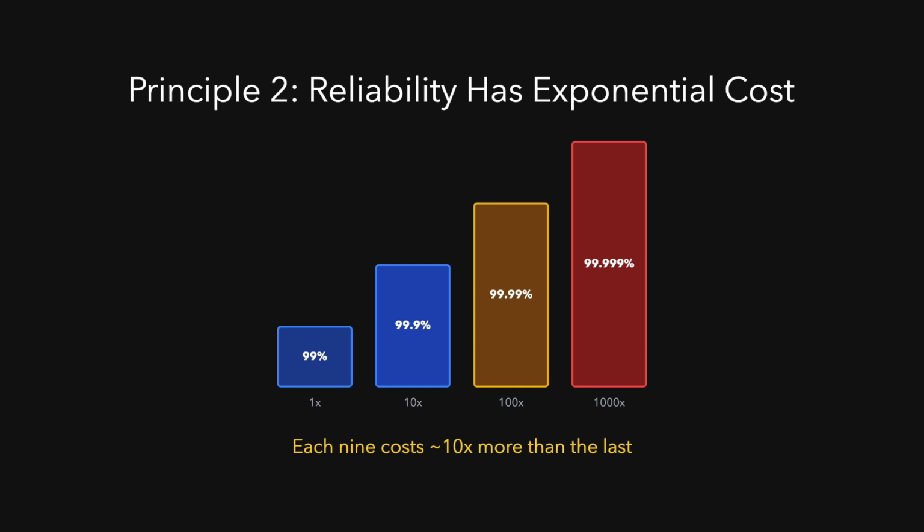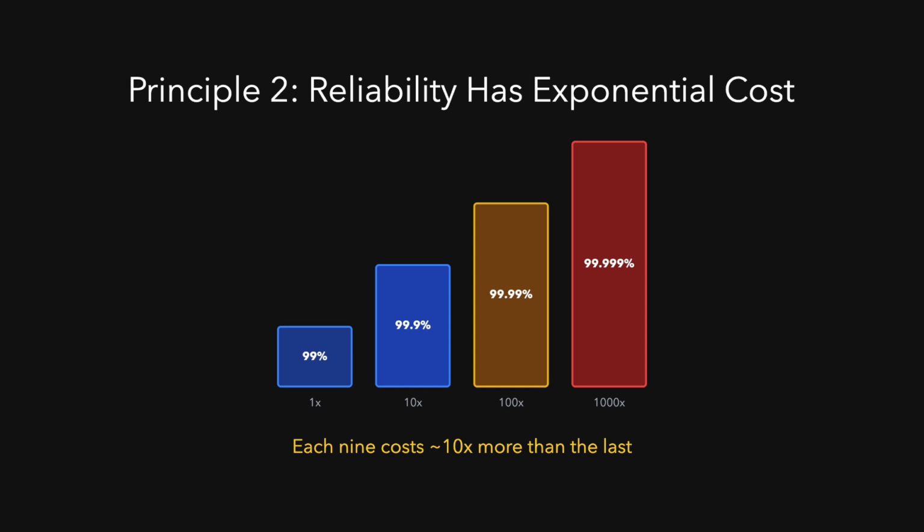Maybe a few redundancy patterns, better monitoring. But going from 3 nines to 4 nines, now you need multi-region deployment, automatic failover, sophisticated circuit breakers. That's roughly 10x the engineering effort. And going from 4 nines to 5 nines, you'll need active multi-region, complex consensus protocols, chaos engineering, and this is